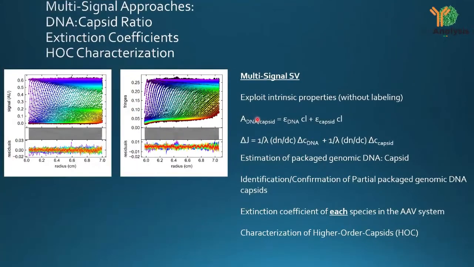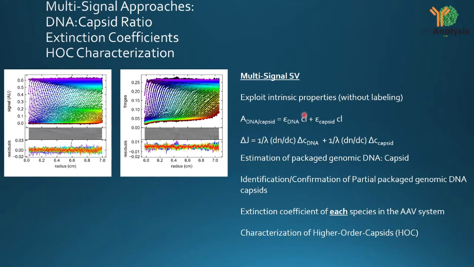So what are some of the other things you can do with AUC? AUC can look at your DNA capsid ratio, the extinction coefficient, and most importantly, your higher order characterization. I want to talk a little bit about the DNA capsid ratio and extinction coefficients, because this is the standard of what we do in AUC when we're looking at, for example, a stoichiometric interaction between A plus B. We have to figure out the extinction coefficients,